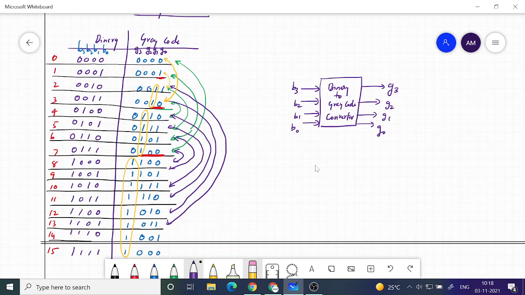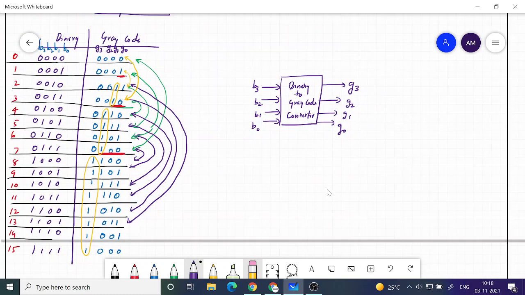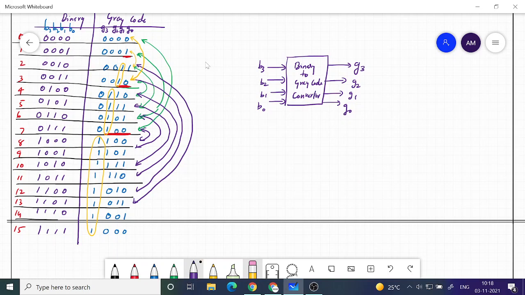So how do we find this circuit? It is as if there are 4 Boolean functions G3, G2, G1, G0. As many outputs as there are, that many Boolean functions are there. So all you need to do is write the K-map for G3, G2, G1, G0 in terms of B3, B2, B1, B0.